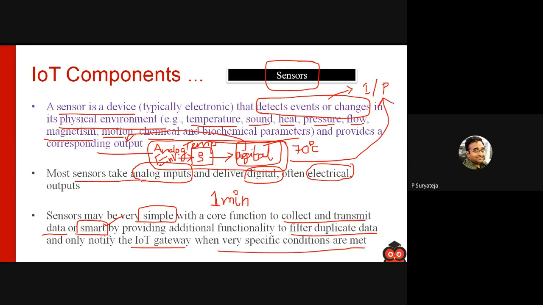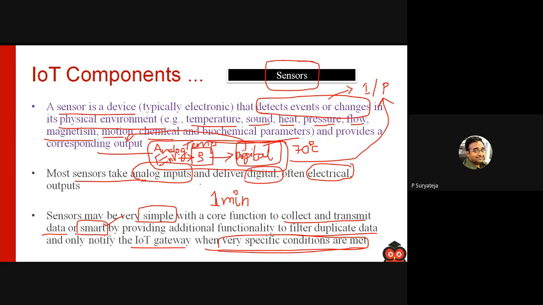Such a sensor is called a smart sensor. 1 minute, 10 minutes, 15 minutes, 30 minutes, we can set that time if we want. Only when 15 minutes have passed from the current time will it send the data. Otherwise, it won't send the data. That is the meaning of specific conditions being met.